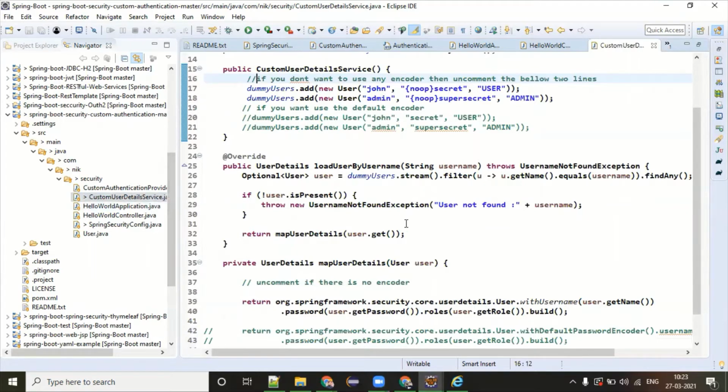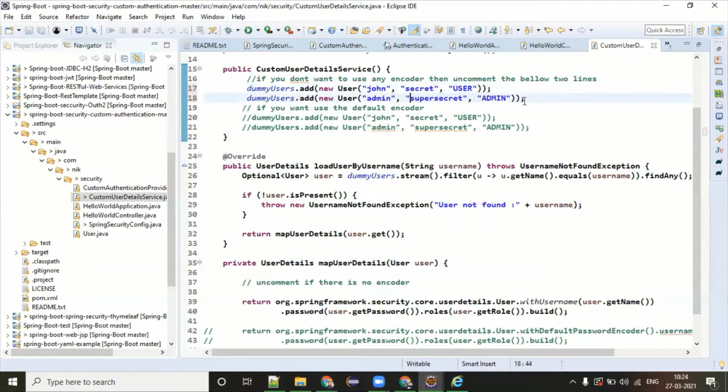if you are using the user detail service, as I told you, it's mandatory to use your password encoder. But if you're not using a password encoder, not even the default one, then you have to pass a syntax, the NOOP, that's noop, in both the passwords. If you don't pass this noop here, your authentication will never work and you will get an exception. If you want to give it a try, I'm going to remove this first.